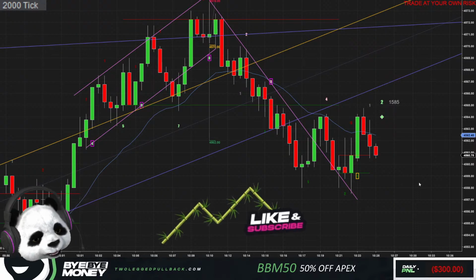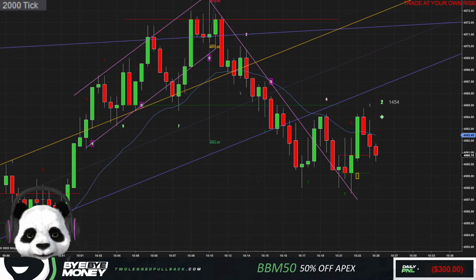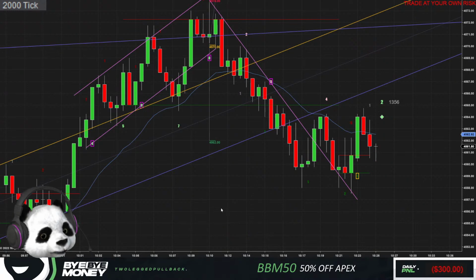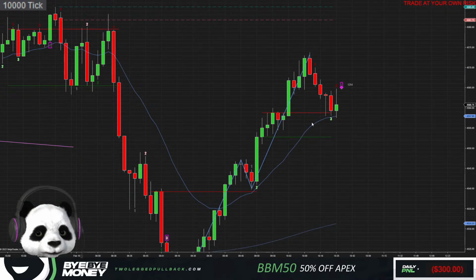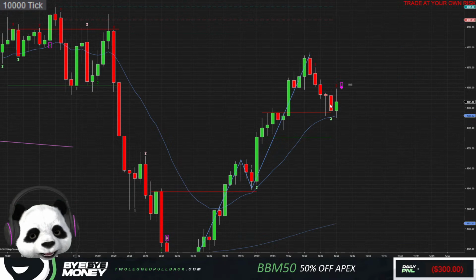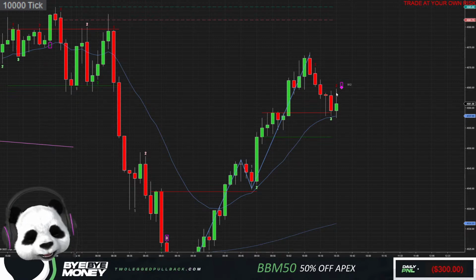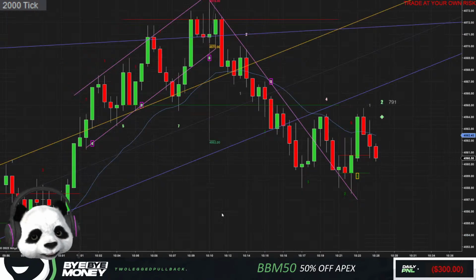I wanted a lower high setup, thinking we're going to make another push up. In my opinion, the 5-minute needs to make one more leg up. Also bouncing off the 20 EMA on the higher time frames. Very confusing, right? When the 10K has an outside bar reversal, breaks below, triggers that reversal, then breaks back above, triggering that reversal, and now it's coming back down. Makes me feel like the market's very confused right now.